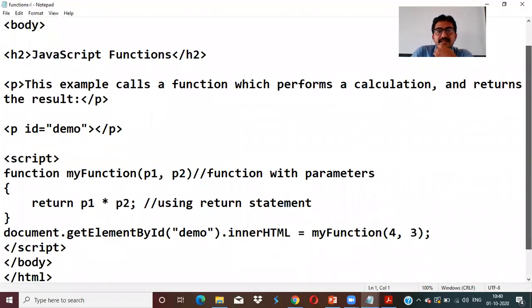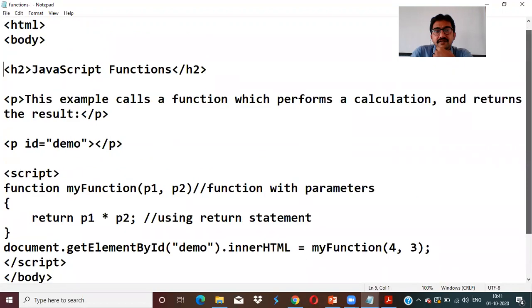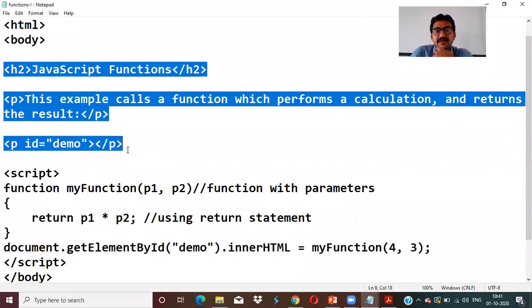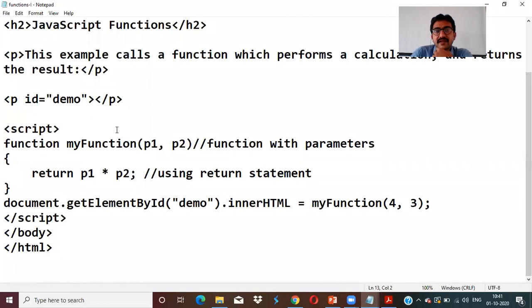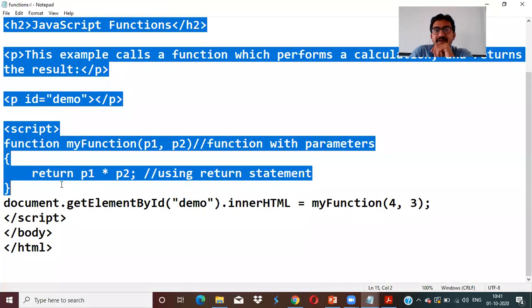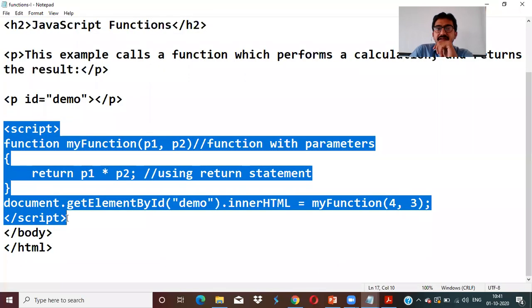See here in this functions demo. This is the body. There is no need to explain the body of the HTML every time, right? Inside the body, I'm writing a script. Who is going to call this function? If you are writing inside the body, it will automatically call the script, so nobody needs to call the function.